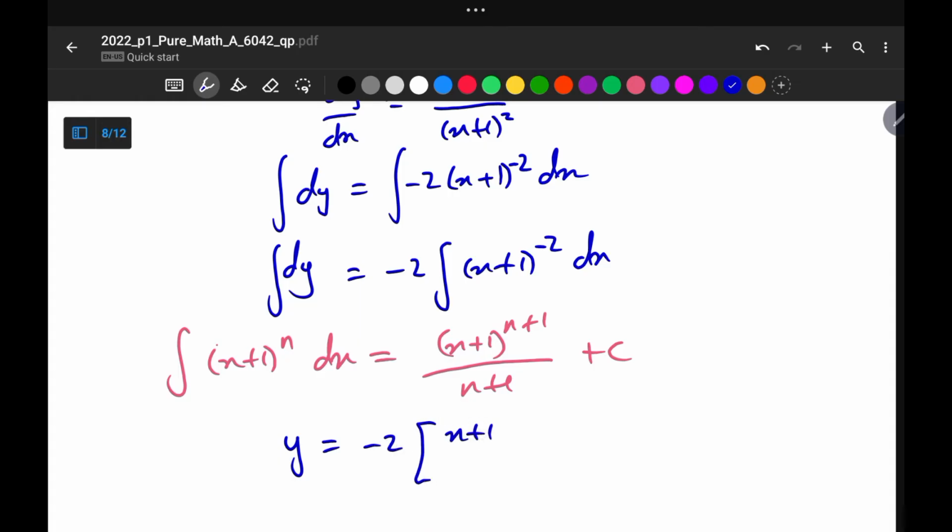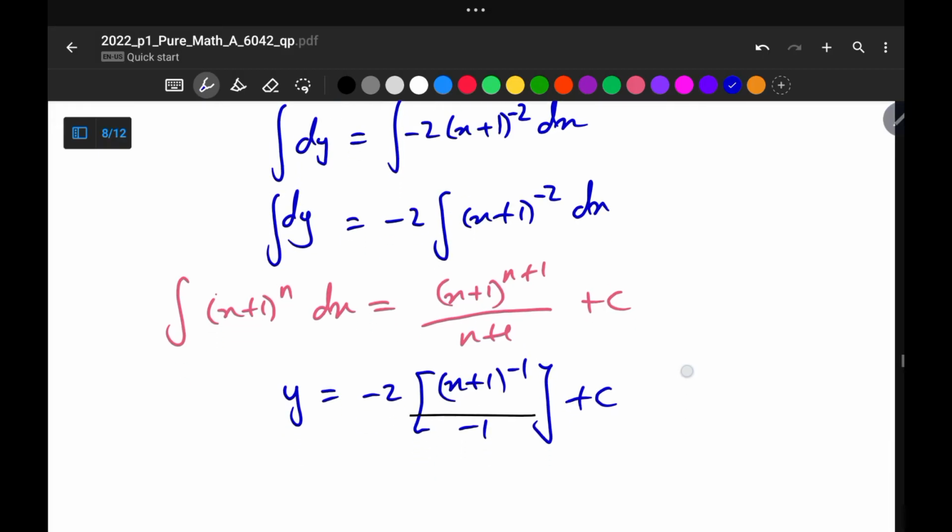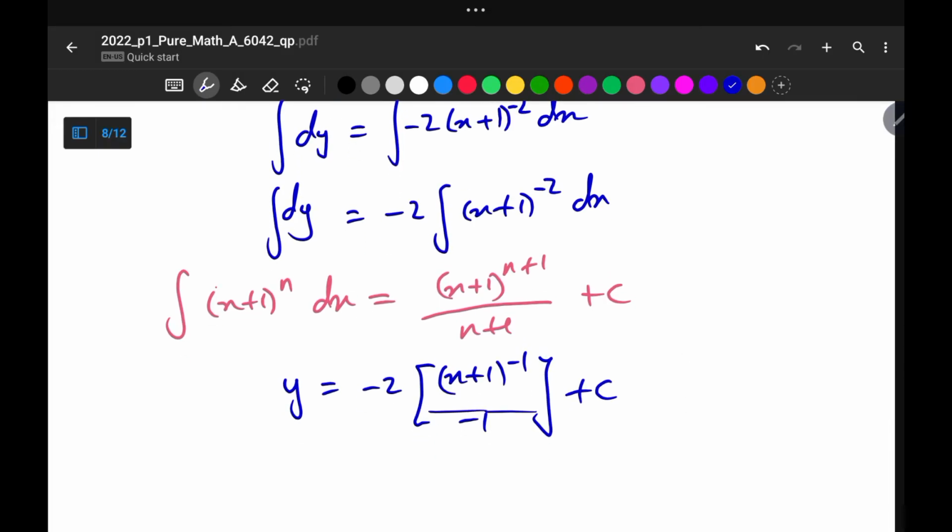So here we can now say it is y = -2 multiplied by (x + 1) raised to the power -2 + 1, it gives us -1, divided by -1, plus c. Okay, so -2 divided by -1 gives us 2. Therefore it is y = 2 times (x + 1)^-1